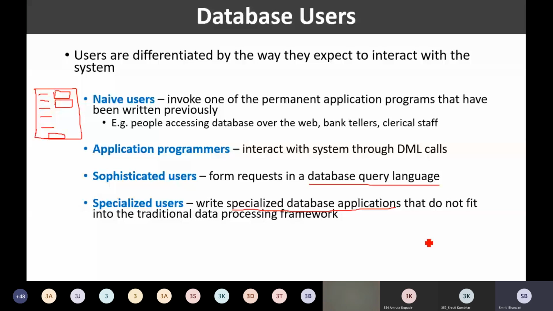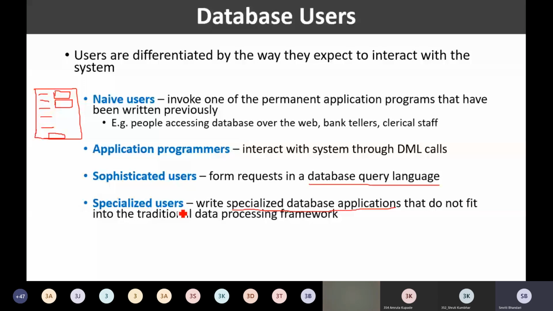So the applications having some complex functionalities or some spatial requirements do not fit into the traditional data processing framework or traditional database applications. So the users who write such kind of specialized applications are the specialized users. Am I clear?